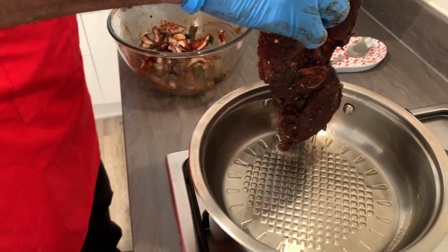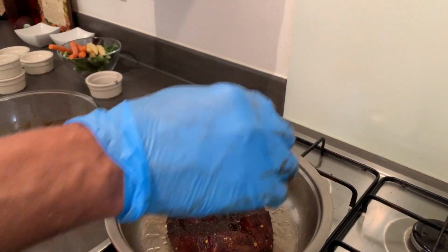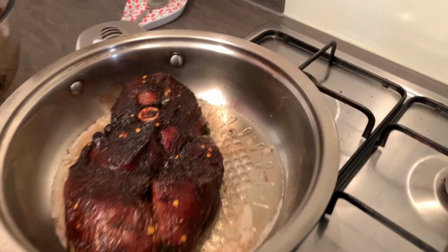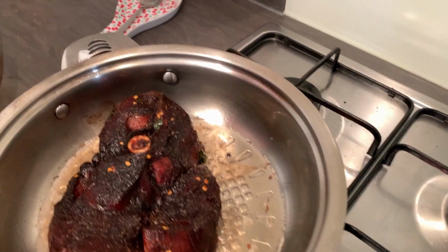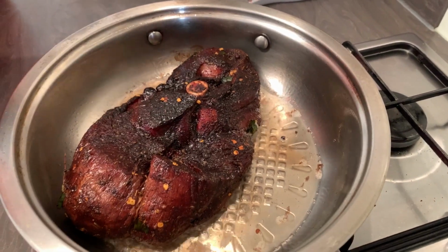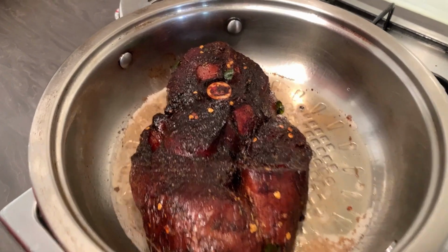Yes. This is the sound you want to hear when you're making pot roast. Any meat you're using for pot roast, that's the sound you want to hear. Your oil must be very hot, and I'm gonna let it brown on both sides. So I'm gonna give it about 5 minutes on either side, and then I'm gonna let my pot roast cook